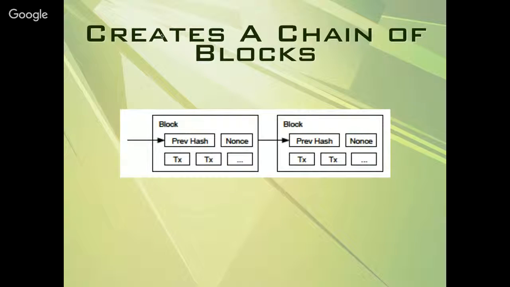So if you think about it, this now creates essentially the chain of blocks. For every block, you've got the hash of the previous block, except, of course, for the Genesis block, where the program ignored that. But other than that, you always have the hash of a previous block, the nonce and all the transactions, and then the miner who finds a valid nonce